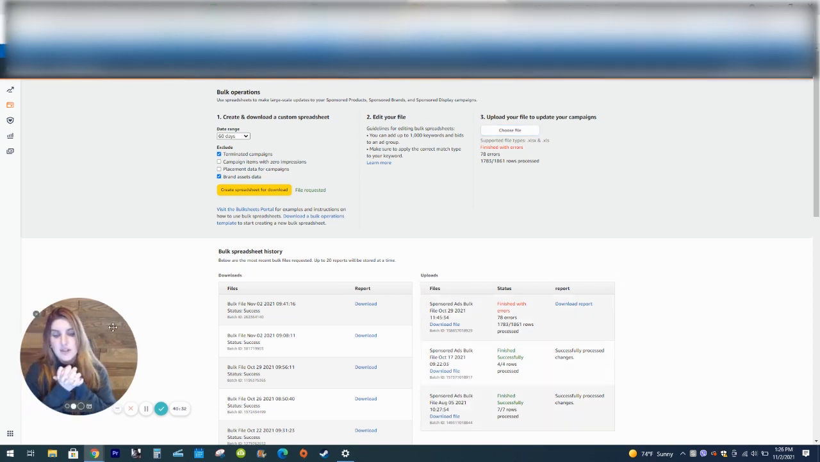All right, so then your file should go through. It will make all of the changes to your account. All your bids are updating. Congratulations. Now, because this process is pretty simple, you should be able to go through, download a file, import it, make your changes,